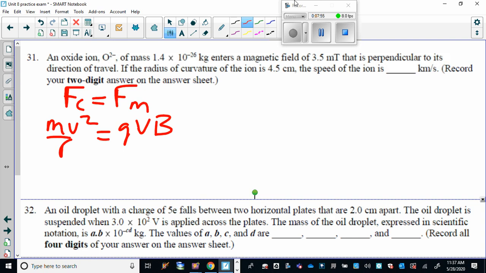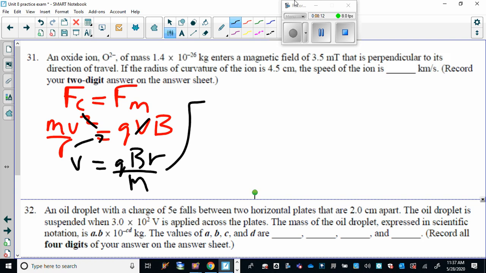And in this case, we're solving for V. That cancels out that. So V equals QB, move the R there, divided by M. And that's a straightforward question. You've got Q. Well, actually, let's do it. Q is